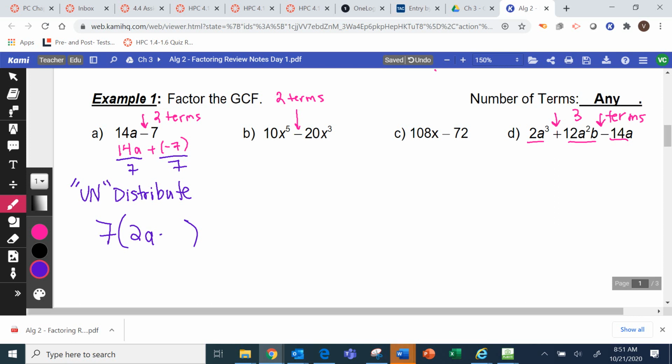I'm thinking I heard a negative 1 there. So this is the factored form. This is what we're trying to get. But to check your answer,